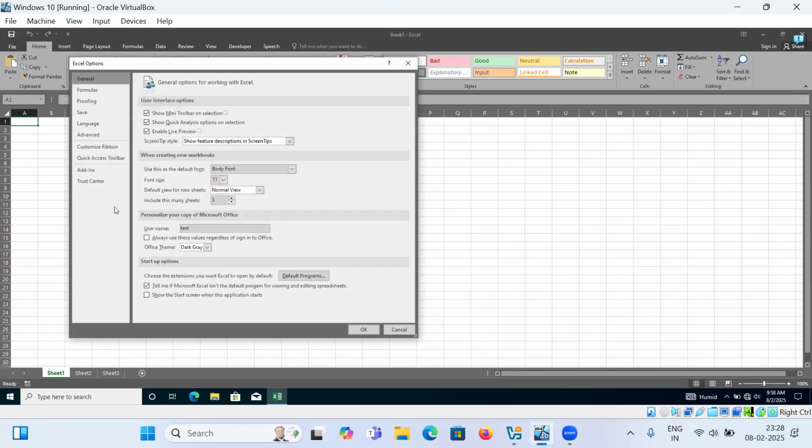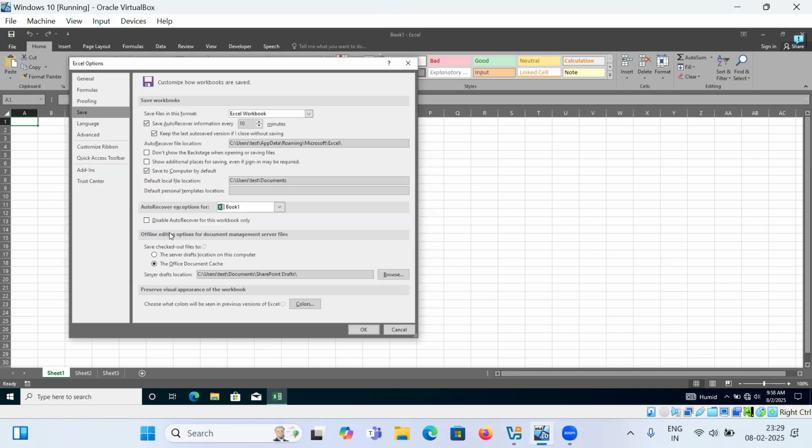The next option is that whenever we save any file, there is a default local file location, if you uncheck this "Save to computer by default" option. The default file location is C:\Users\test\Documents. If you don't want to lose your data, keep in mind that the C drive stores all your operating system files. If the operating system gets corrupted or you are not able to boot, you will lose your documents also, unless you have some recovery done of your PC